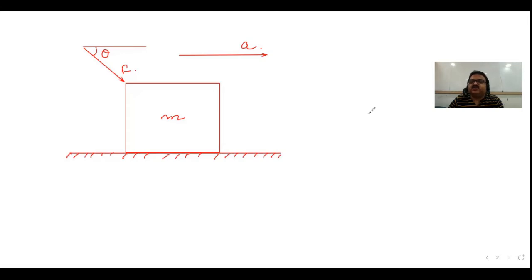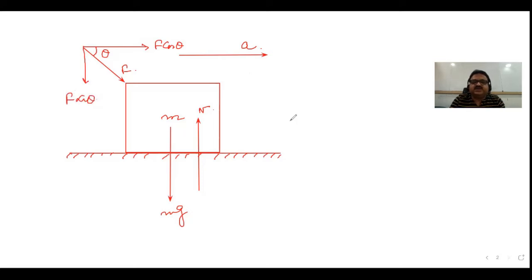In this case, first draw all the external forces which are acting on the system. One external force is already given here, and another external force is the force of gravity, as I told earlier. Because of that, a reaction force will act in this direction. This is mg, and this is N. Now, we'll consider the motion along the horizontal axis as well as the vertical axis. So we need to break up this force into two components, one along the horizontal axis and another along the vertical axis.